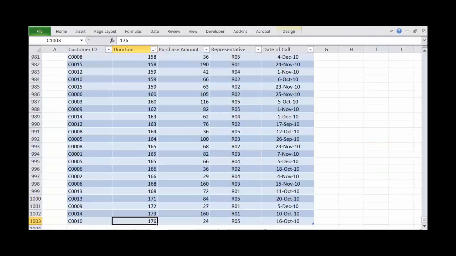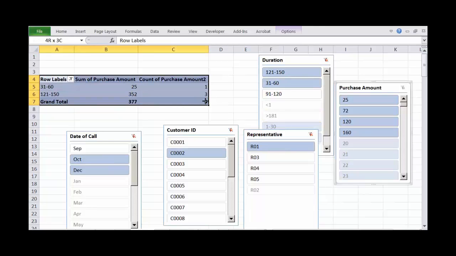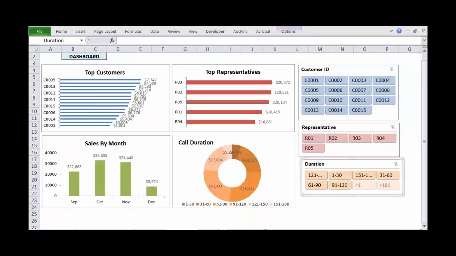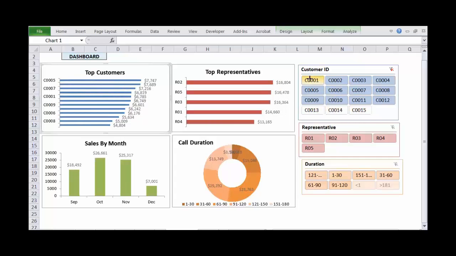Here when we were doing the slicer, you did not get a very good understanding of the slicer, because it was changing only one data table, one pivot table. But when we create this dashboard, the entire dashboard items are changing with the slicer. See here as an example, if I want to get data only for customer 1 to customer 12, you see that all the values are changing.